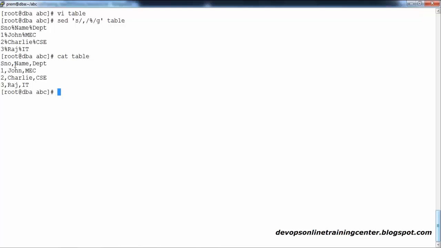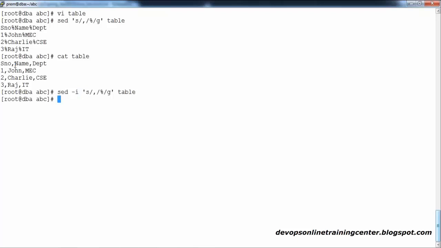The reason is, it replaced and showed the output on the console, the console output looks good, but when I see the file content, it again has the original word. The reason is, the sed command by default will not save the file after the replace, it will just show you the content on the console. In case you're happy with the replaced string and you want to save the content with the output whatever you see, you have to make use of an option called -i. This represents that it's not only find and replace, even save those changes.